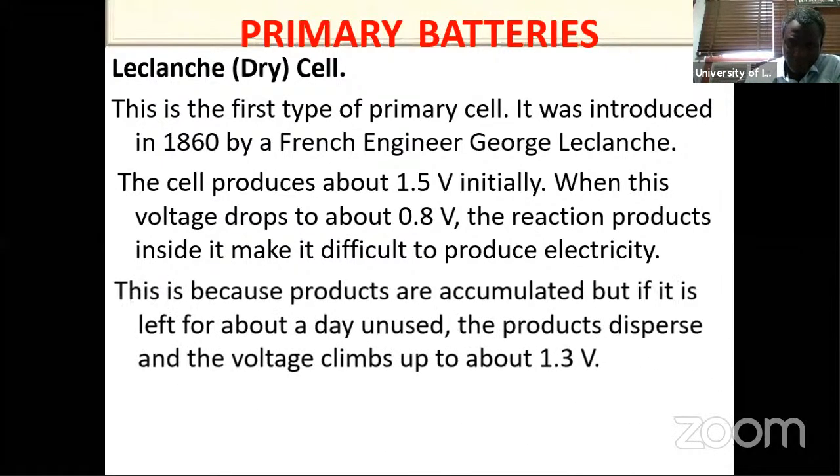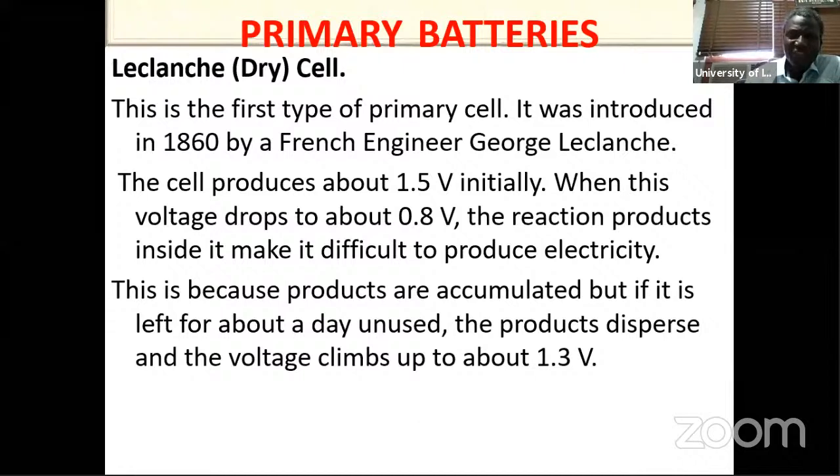And this is because the products are accumulated. When you have reactions taking place there, the products inside are accumulated. Then if they are accumulated, the potential drops. But if you leave it after some time and go back to that same battery, the product that has accumulated on it has probably dispersed a bit. Then you discover that your voltage climbs up to around 1.3 volts,